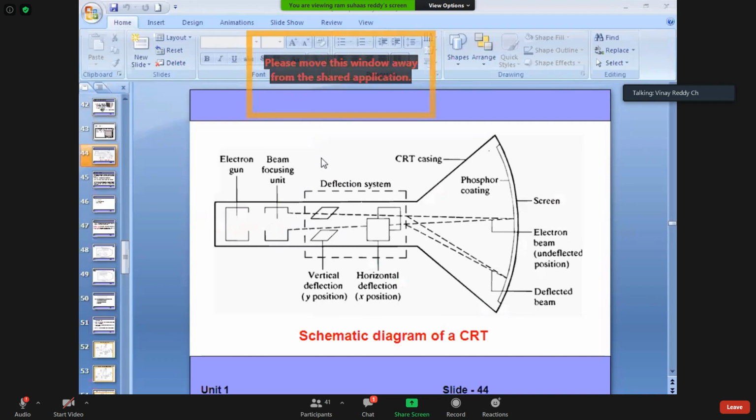Now it will be scattered in such a way, the same kind of technology you can observe in a torchlight, which scatters like this. These are the two plates which deflect the ray produced from the electron gun.